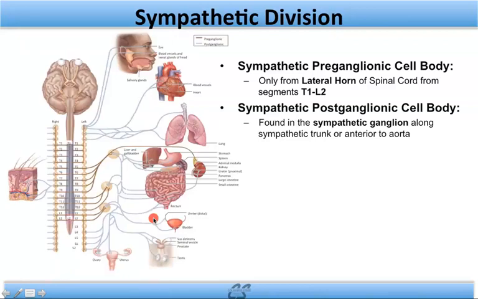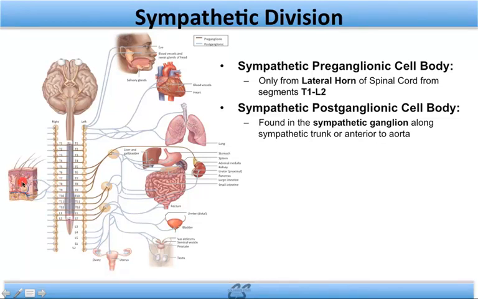So what we'll see, what this actually looks like sort of functionally, is that the first neuron, pre, begins in the lateral horn, T1 to L2. It comes out and it finds a second neuron, and you'll see a bunch of synapses here, and ultimately maybe it's finding the second neuron in the sympathetic trunk itself,